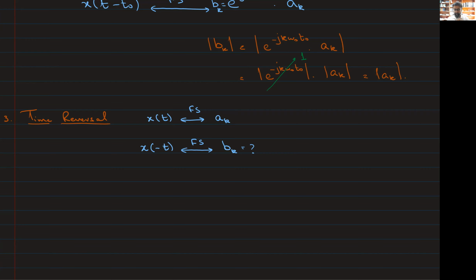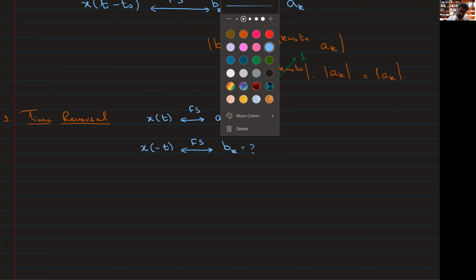Okay, so how do I go about this? How do I determine what these Fourier bk's are going to be? What should be the first step? Similar to what we did last time as well, by the way. क्या करें? सर वो इंटीग्रल लिखेंगे जो 1/t वाला होता है. Okay, integral होता है 1/t वाला. इसका मतलब you use the analysis equation, right? So the analysis equation here is, if I just apply that,